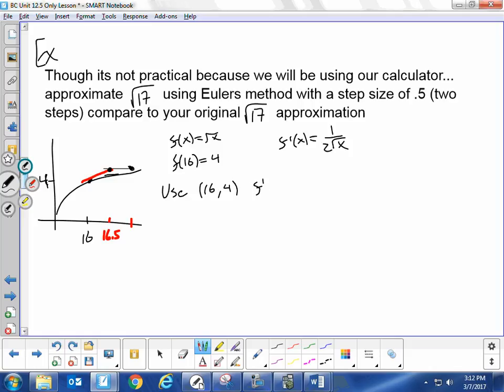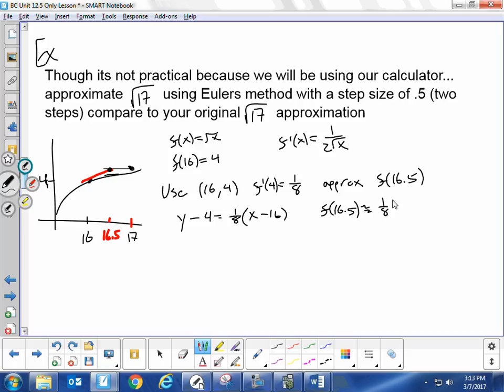So f prime of 4 was 1 over 2 times root 16, that's 1/8, to approximate not 17, but f of 16.5. So I'm going to approximate my value at 16.5. First I write my equation of my tangent line: y minus 4 is equal to 1/8 times x minus 16. And then I could say f of 16.5 would be approximately